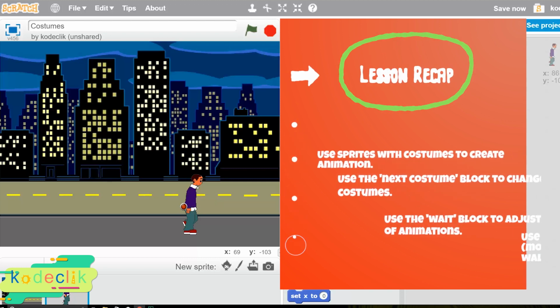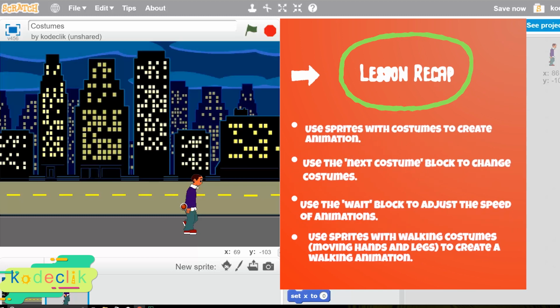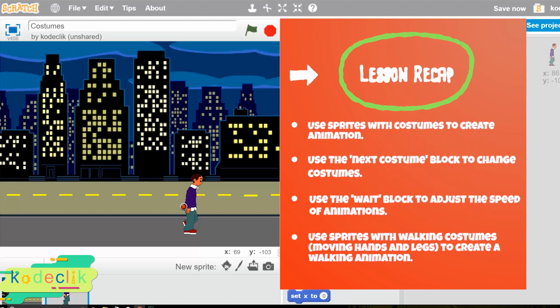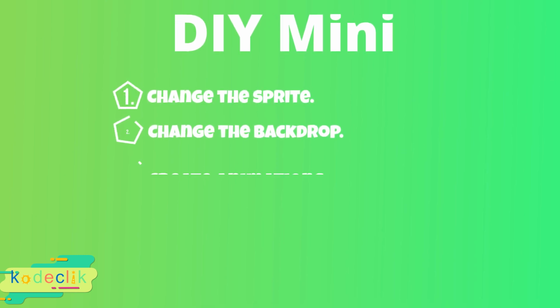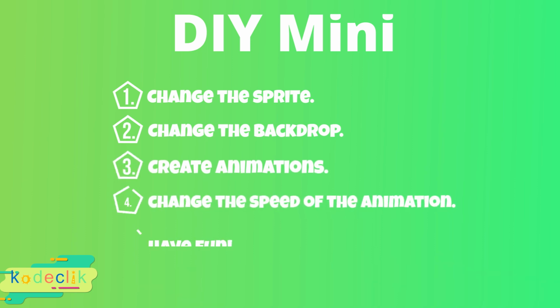Remember, you need to check for two things. You need to check for a sprite that has two or more costumes. And then if you want the sprite to move, you have to look for a sprite that has walking costumes. So it has to move its hands and legs in different positions and have costumes for that, right? So look for a different sprite, make that sprite walk, change your backdrop and have a lot of fun